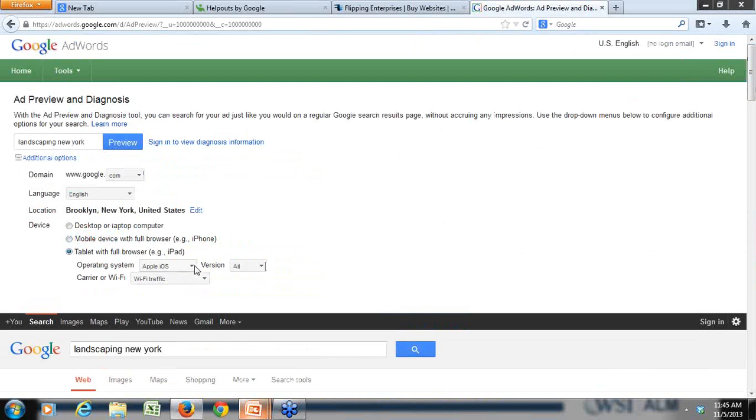So you click on that. You can even choose operating systems here. So you can choose your operating system as either Apple, BlackBerry, Android, and then you can even choose your carrier. So let's say I actually want to look at a tablet result. Let's say it's Apple, and then the connection is with, let's say, Verizon, right? And I want to see what the result is. So I hit preview again,